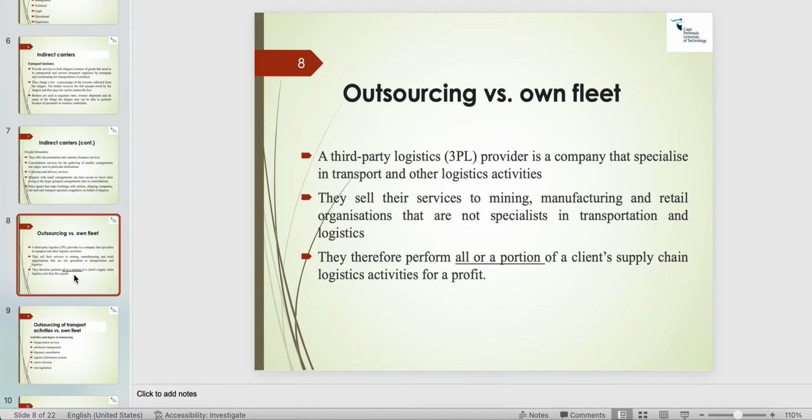The range of services that these third party logistics providers offer is large. It can be as simple as arranging transportation for a single shipment, or it can be as complex as designing, implementing, and operating a whole organization's entire distribution and logistic systems. So there are domestic third party logistics providers, and also international third party logistics providers who deal with both import and export logistics. Okay.